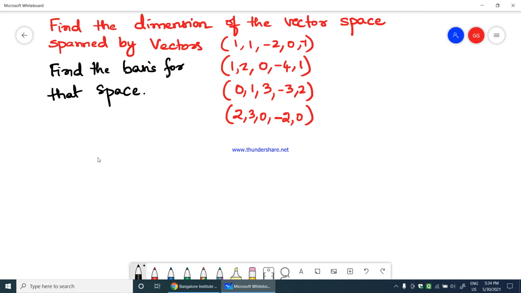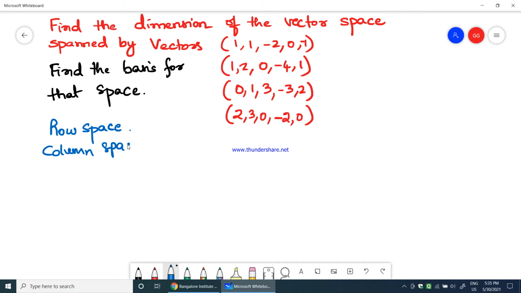So these are the different vectors given, where the vector space is spanned by these 4 vectors. Now you also need to find the basis for that particular space. What we do is first find the basis, and then we'll see what the dimension of the vector space is. To find the basis, we'll take these vectors and put them into a matrix. There are 2 types: one is the row space and the other is the column space, which I'm going to work out now. I'll go with row space first.